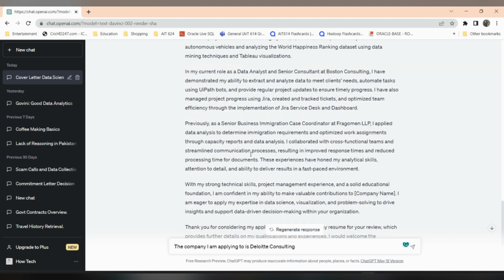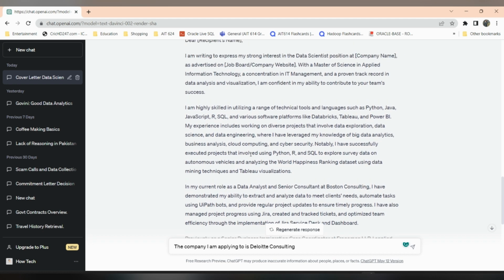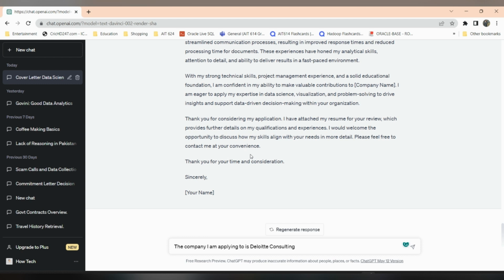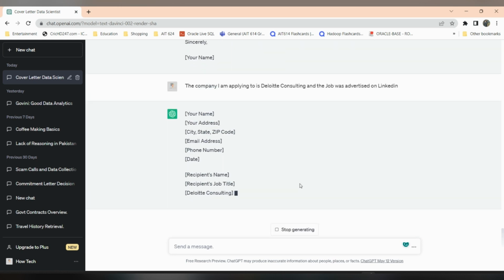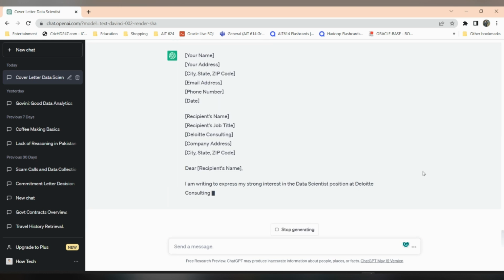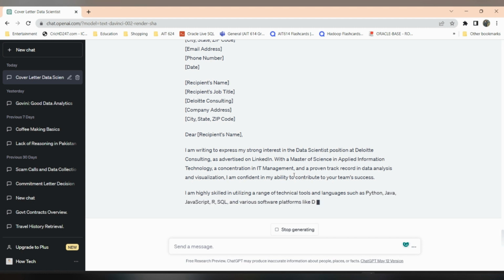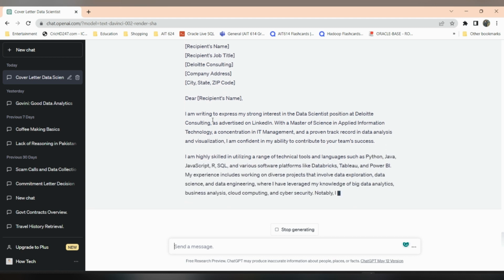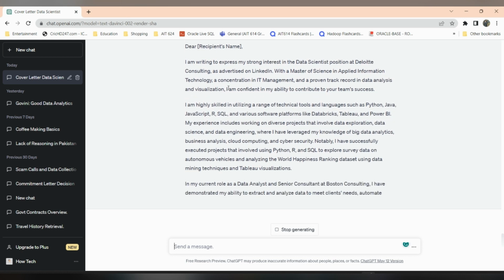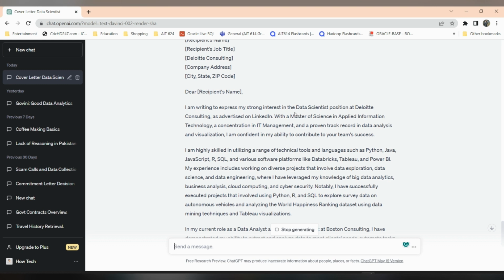Okay, so it says, as advertised. So I'll say the job was advertised on LinkedIn. Yeah, I'll just call it LinkedIn and see what happens. What it will do now is replace the information that we just provided in the cover letter. As you can see, it says that I'm writing to express my strong interest in the data